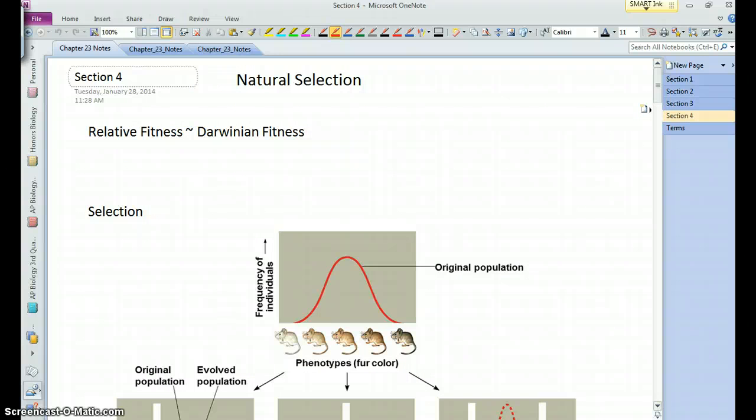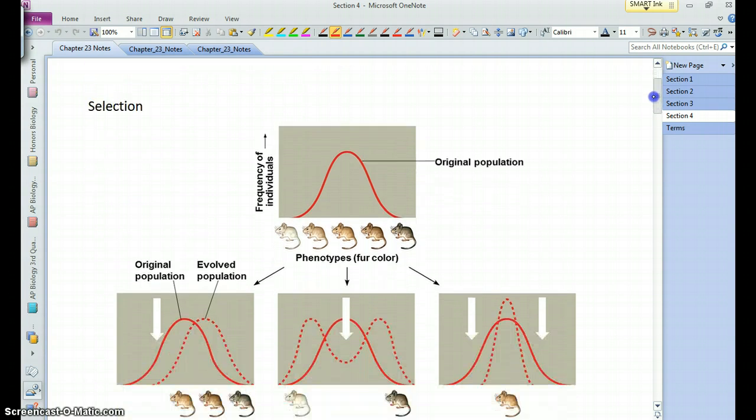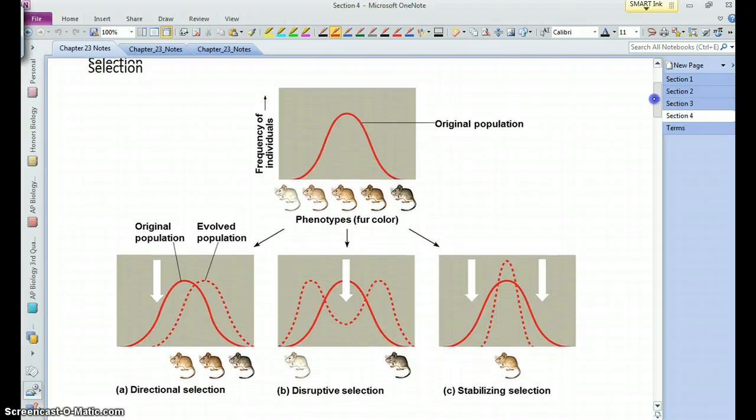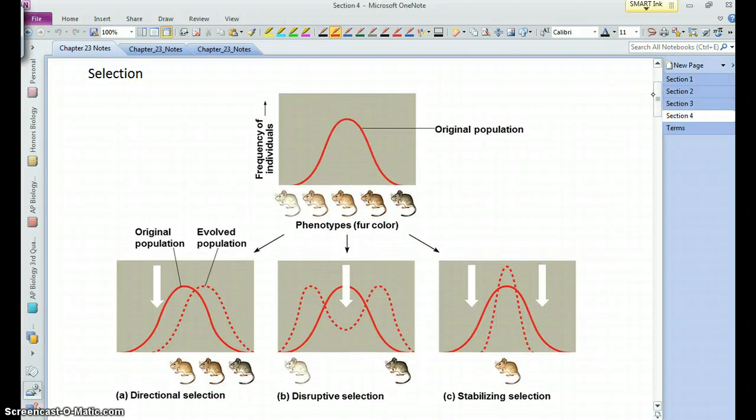Okay, so now let's focus on natural selection, because again, it's a significant force causing the evolution of populations. We can think of three ways in which this can happen. The solid red line represents the distribution for a particular trait in the population, and this would be some kind of quantitative, multi-gene trait that in this case influences the coat color of these mice from a very light color to a very dark color. Okay,